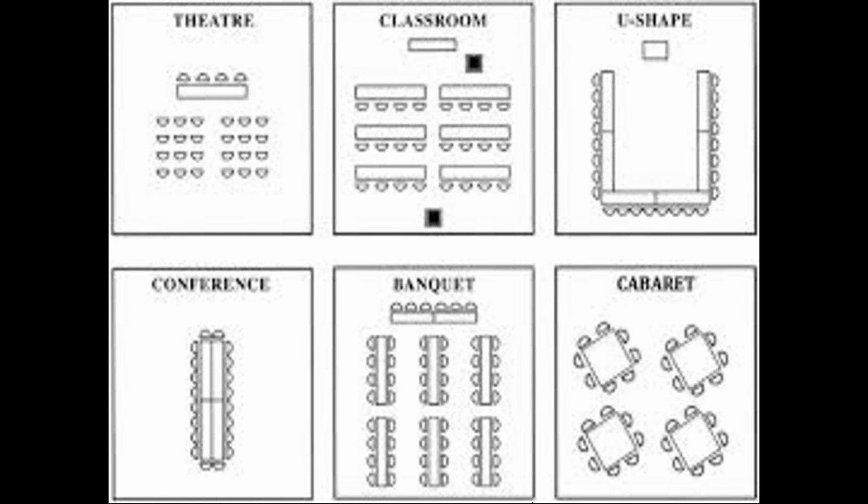I guess the disadvantage of it is it's quite formal, isn't it? And so people may feel a little bit intimidated in that sort of environment. So the idea is to select the one that best suits the circumstances of the meeting. If you've got to organise larger meetings, you might consider these 6 configurations and how you might use those configurations, depending, of course, on the purpose of a meeting. The more formal it is, the more you might consider theatre and classroom. The less formal it is, the more you might consider cabaret and conference. Okay.